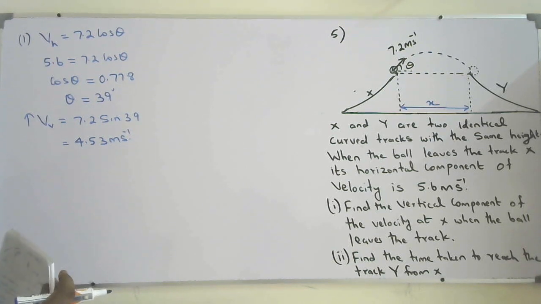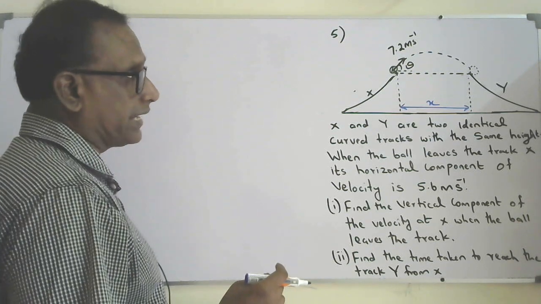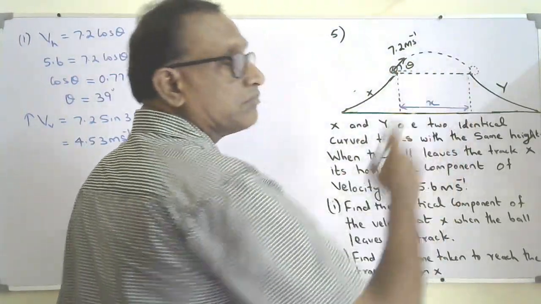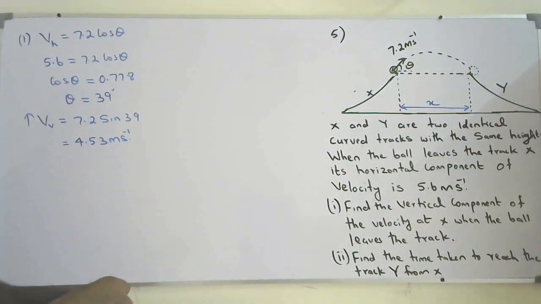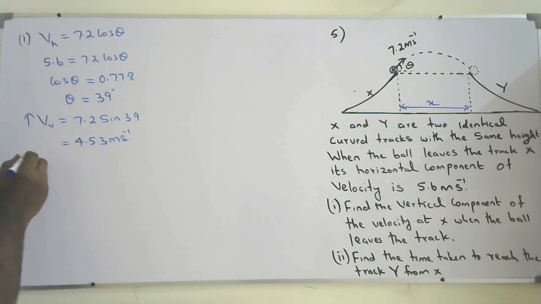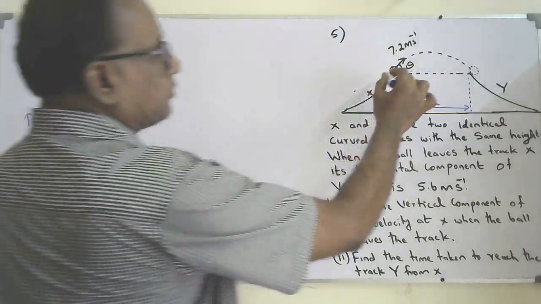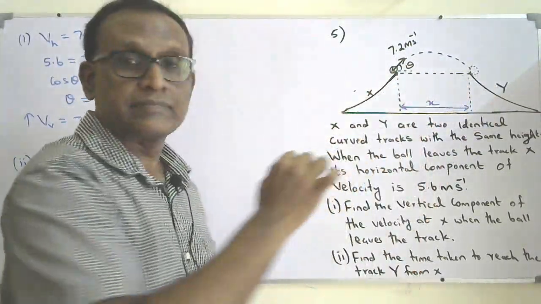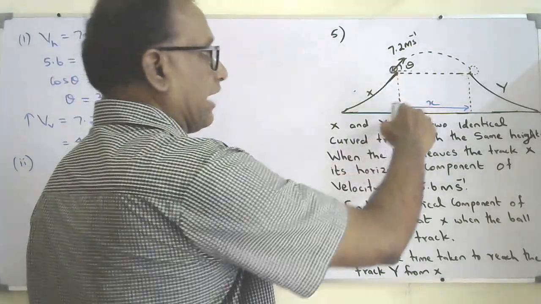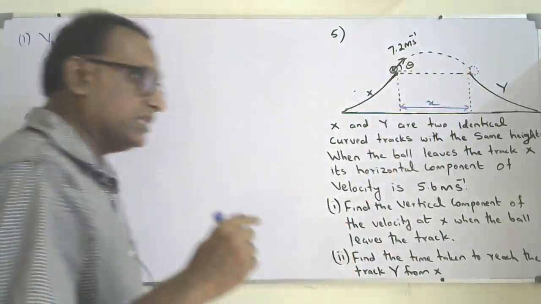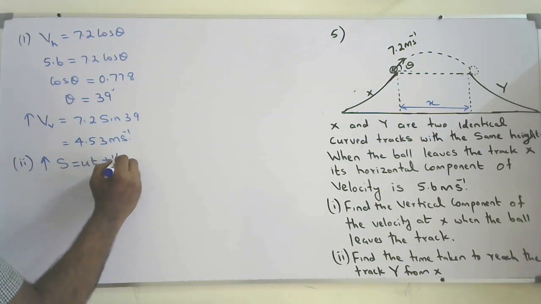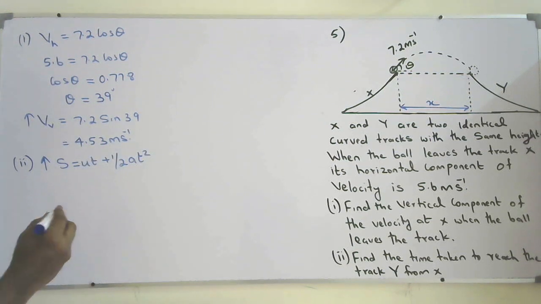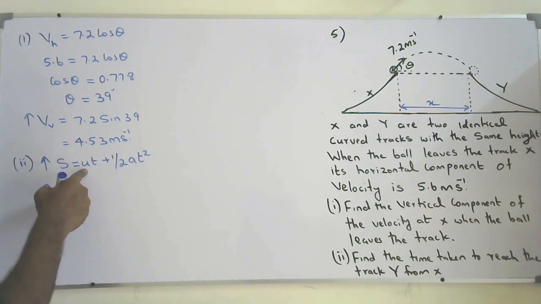Second part, find the time taken to reach the track Y from X. So it's completing projectile motion. When we consider the whole motion from here to here, the vertical displacement is equal to 0 because both have the same height, so it has come back to the same level. So for the whole motion, consider vertically S equal ut plus half at squared. S is equal to 0. The initial vertical velocity is